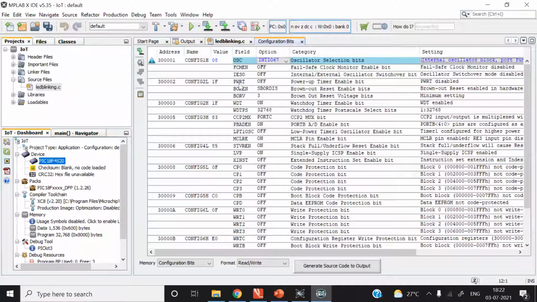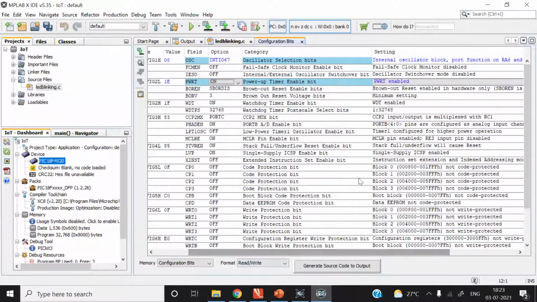So with the help of this field and the option column here, we can enable or disable the power up timer. For example, if I enable the power up timer, the description will appear in the list: power up timer is enabled. I already told you, whenever we power on the microcontroller, whether it is external oscillator or on-chip oscillator, this oscillator requires a small amount of time to stabilize.